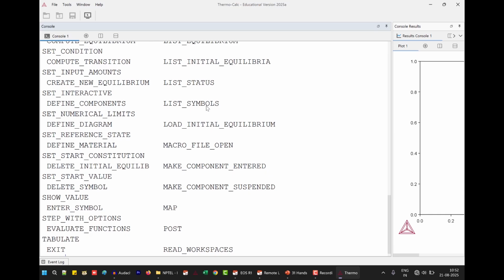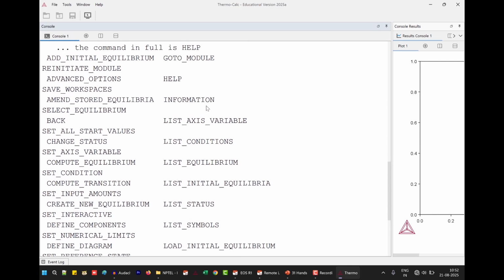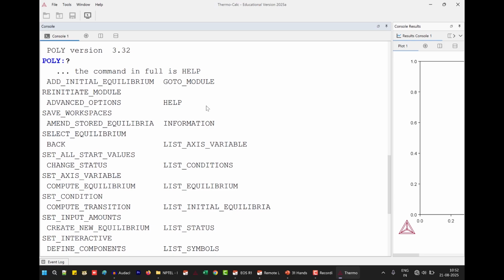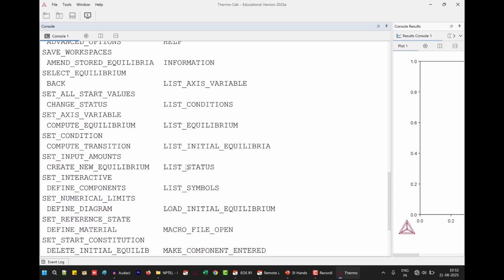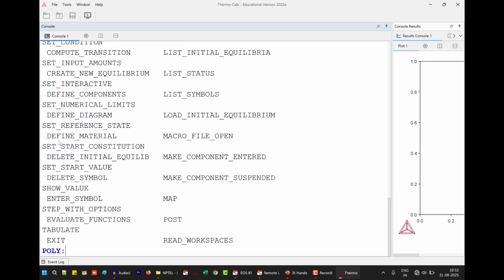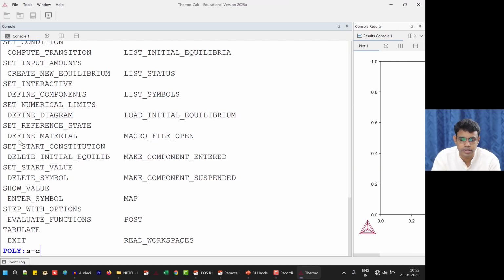Okay, so now we have made sure that there is nothing that is conflicting with S hyphen C. If we type S hyphen C, S will stand for set, the C will stand for condition. Okay, this hyphen or underscore are same. So that's what we are going to do. Instead of typing set condition, we are going to type S hyphen C. Okay, in fact, I started with set log file, SLF, even that won't conflict with any other syntax in sys module. Okay, so here S hyphen C does not conflict with any other syntax in this poly module.